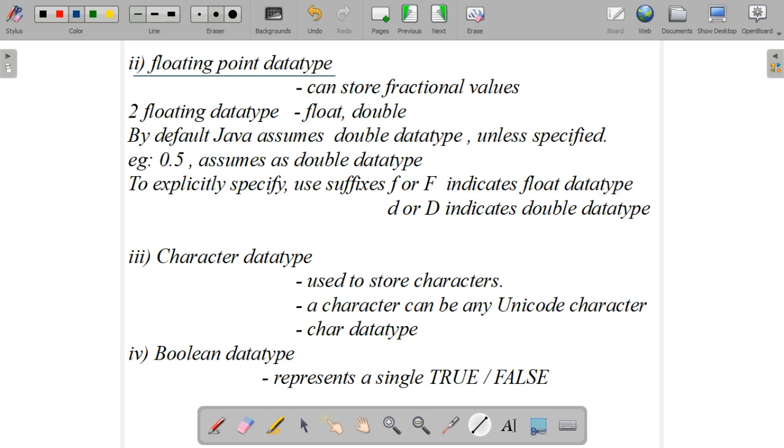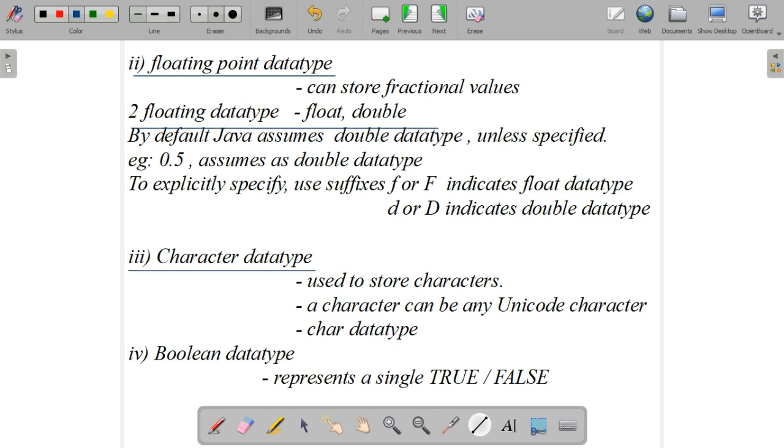We can explicitly specify using the suffix f or capital F for float, d or capital D for double data type. So if the user is not specifying any suffix as float or double, then it will by default take it as the double data type and handle it as a double.